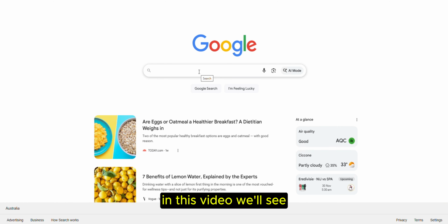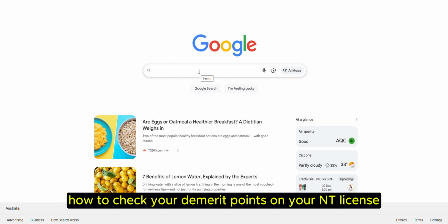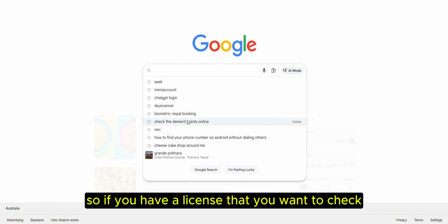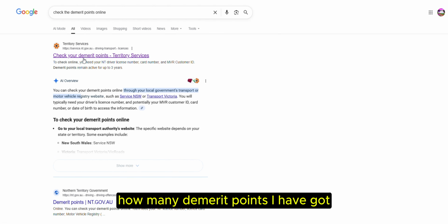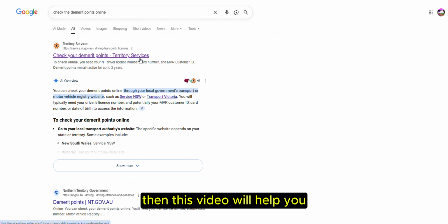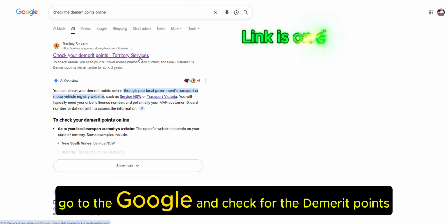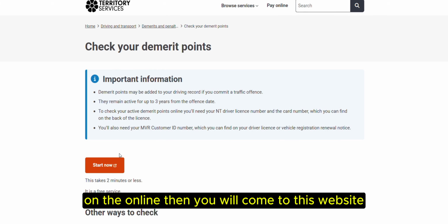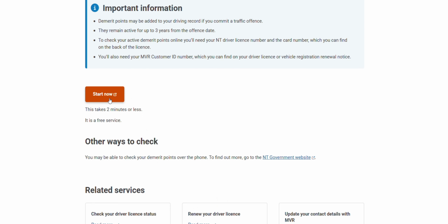Today in this video we'll see how to check your demerit points on your NT license. So if you have a license and want to check how many demerit points you have got, then this video will help you. So first go to Google and search for demerit points online. Then you will come to this website and click on start now